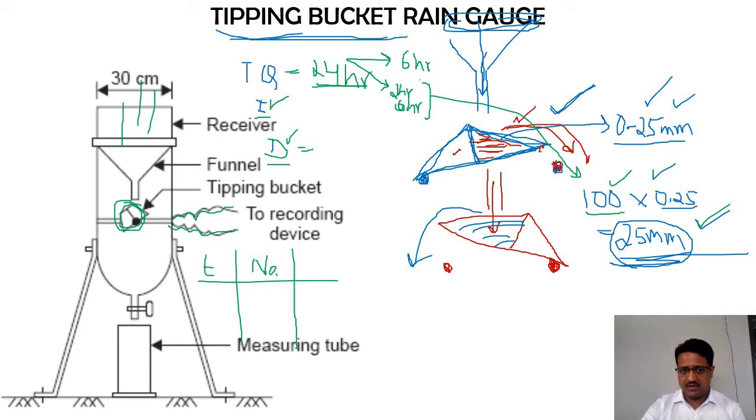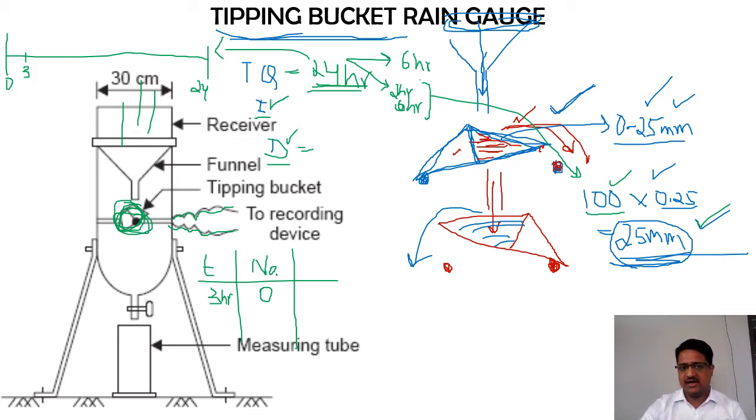So now at this point of time, imagine this entire 24 hours. Let us make a time chart only, that will be better, right? So this is 0 hour and this is 24 hour what we have. Now imagine for the first 3 hours I have not received any rainfall. So this movement of the tipping will not be there, so it is going to be 0. For the first 3 hours there will not be any tippings, so the automatic recording is going to be 0.